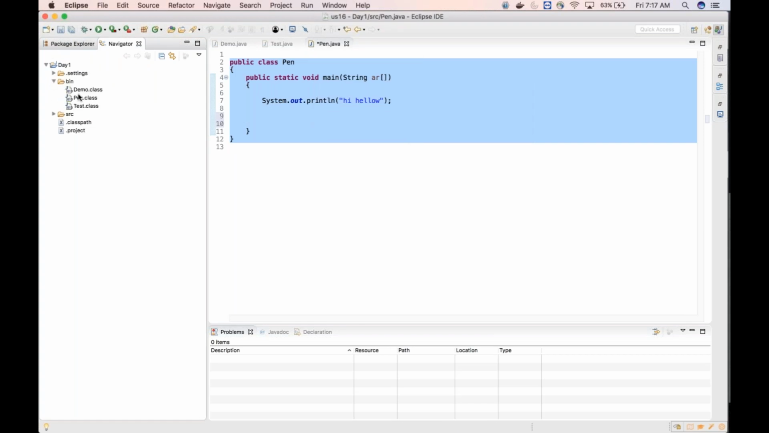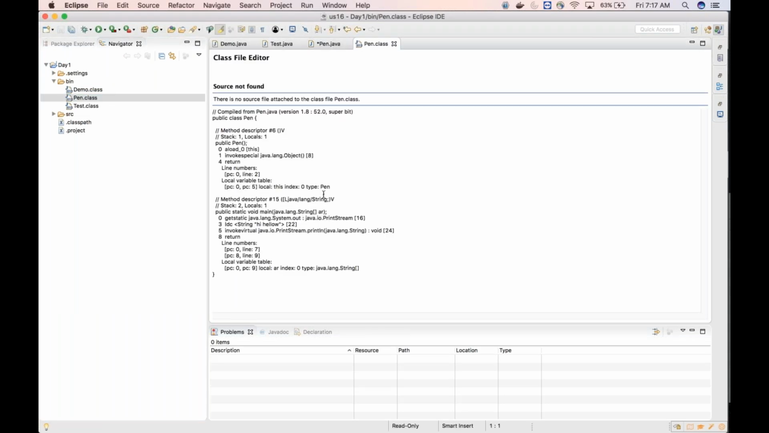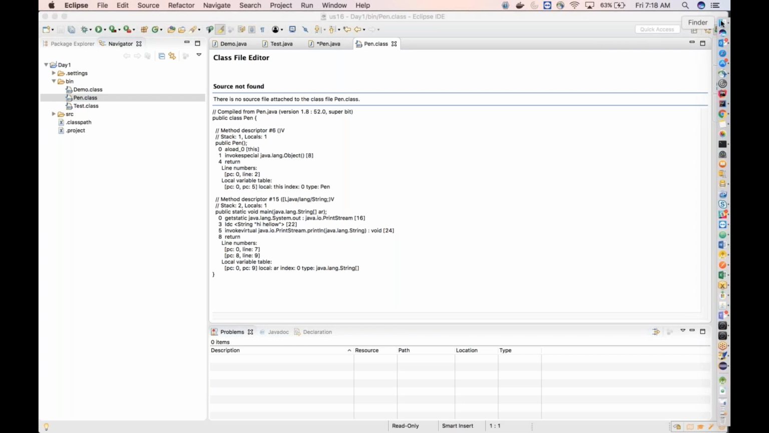If you go to the bin folder, here you see pen.class got created, and this is in binary format, a non-readable format. Here you can read it only because of the editor. But with respect to the code, if you go and look into it,